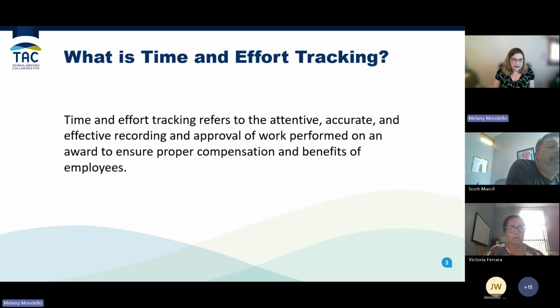So I'm just going to jump right in. A lot of you may already know this, but I always like to do just a little bit of level setting about what it is specifically I mean by time and effort tracking. Like, what do we mean by tracking employee time? So when you're thinking about your time and effort tracking system, what the federal government means and what I mean as I'm talking to you today is it's a formal system that has accurate and effective recording of the work that your staff are doing to make sure that you are charging for specific costs that are eligible and getting compensated for those from your federal grants in a way that's going to last through any audit or monitoring you have. So time tracking is very important to be accurate,